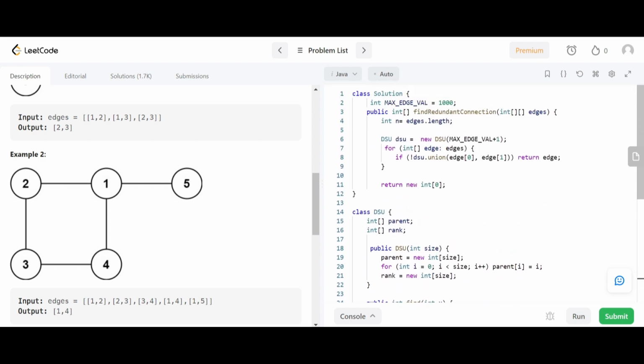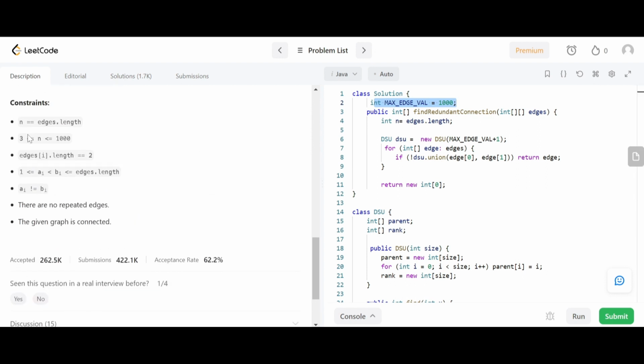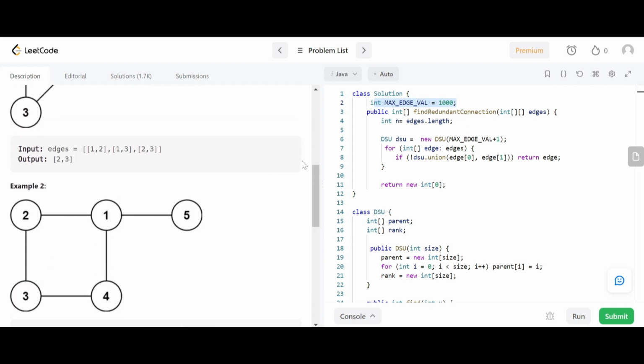And what we are doing in the main function, we have taken a maximum edge value that is 1000, because in the constraint it's given that n is greater than or equal to 3 and less than or equal to 1000, and we have initialized our DSU with that max edge value plus 1,